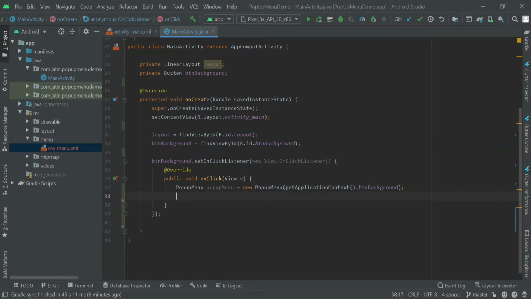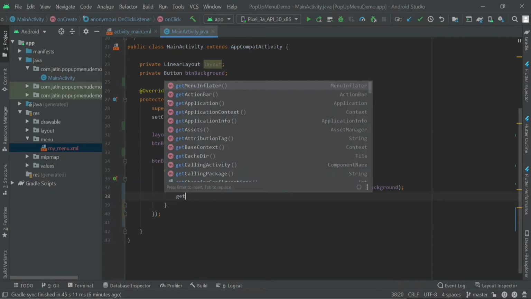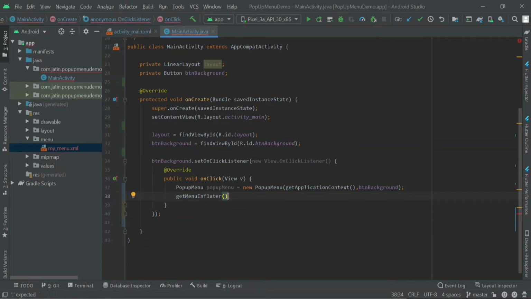Now once you have added this, we need to edit this menu. So we need an inflater. So let's use get menu inflater. Once you do this, you can get an inflater to which you can inflate your menu. For simplicity and better understanding, I just assign it into a variable over here. Let's keep it final.